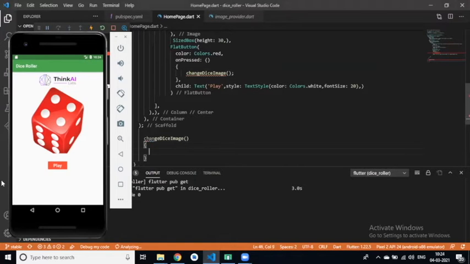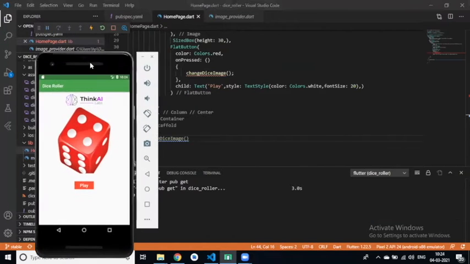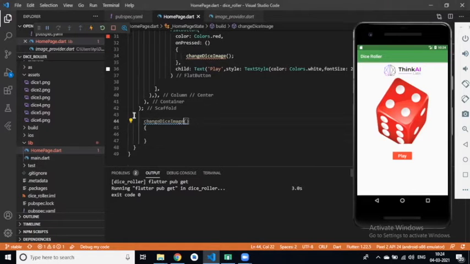Today we will learn a very important topic, that is setState. We haven't changed anything in our app. This is the dice image. We have to create changeDiceImage after this build method.